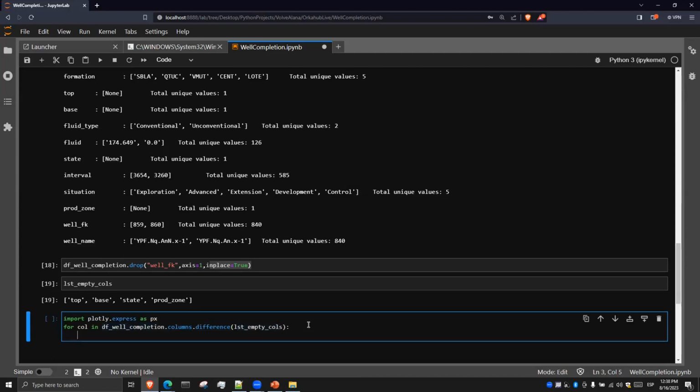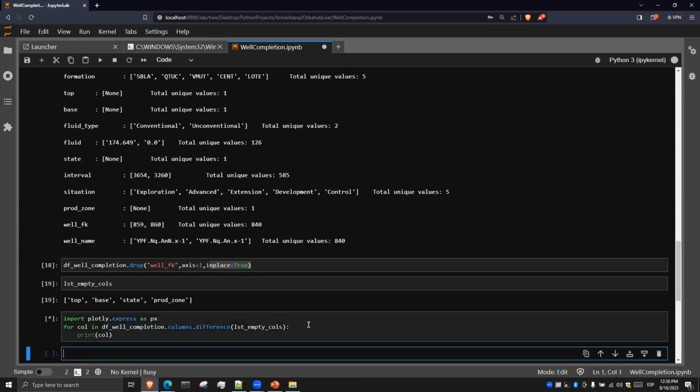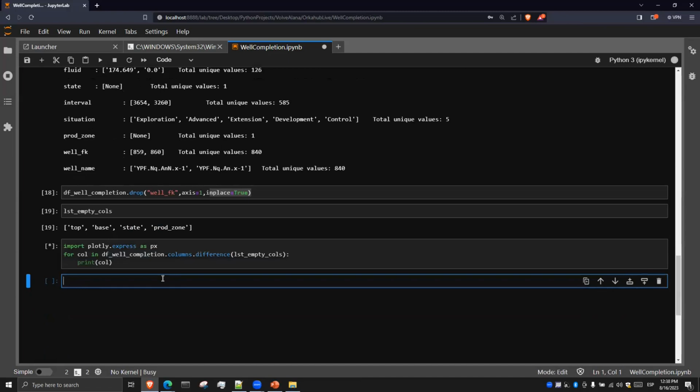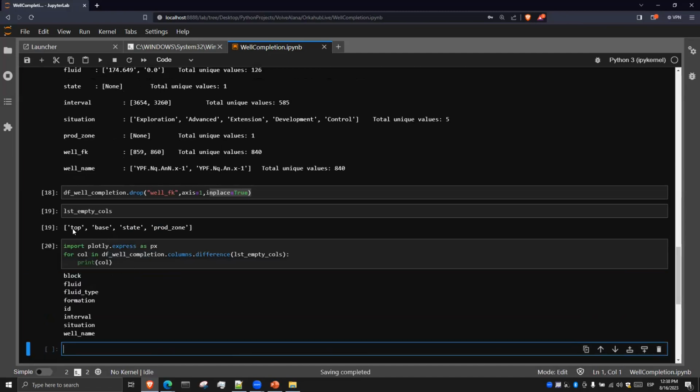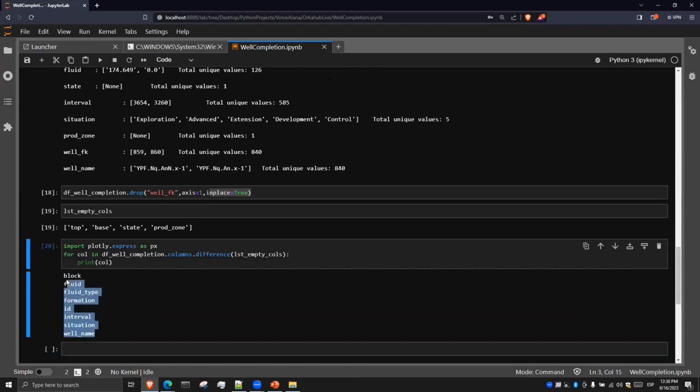Just for you guys to see it, I'm going to print. And if everything works fine, we won't be able to see either top, base, state, or plot zone. And as you can see, we have just done that with that very simple statement. Okay, now